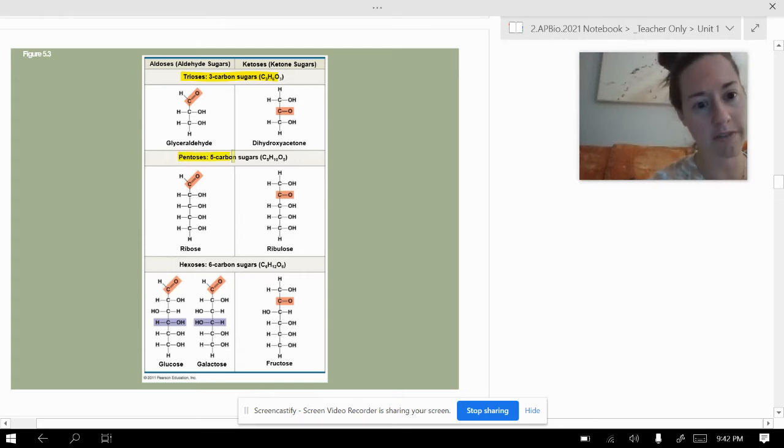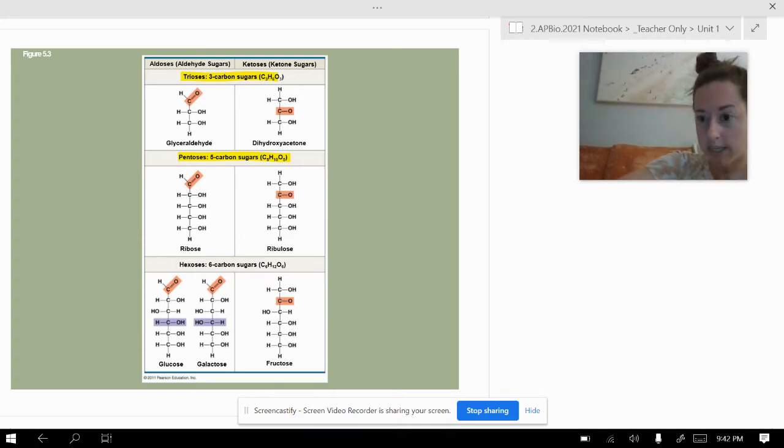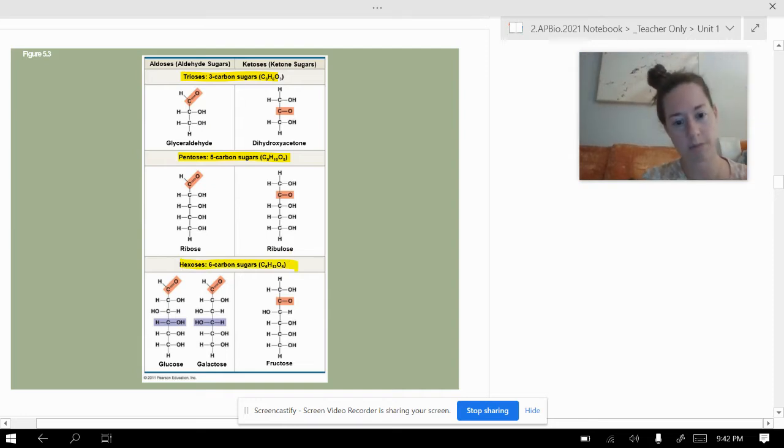Pentoses are 5 carbons. So think about a pentagon. Really important 5 carbon sugars are ribose and deoxyribose. Those are important for your DNA and your RNA. And then hexoses, like a hexagon, are 6 carbon sugars. Glucose is a 6 carbon sugar. Fructose is a 6 carbon sugar. And glucose and fructose, you can see actually on this